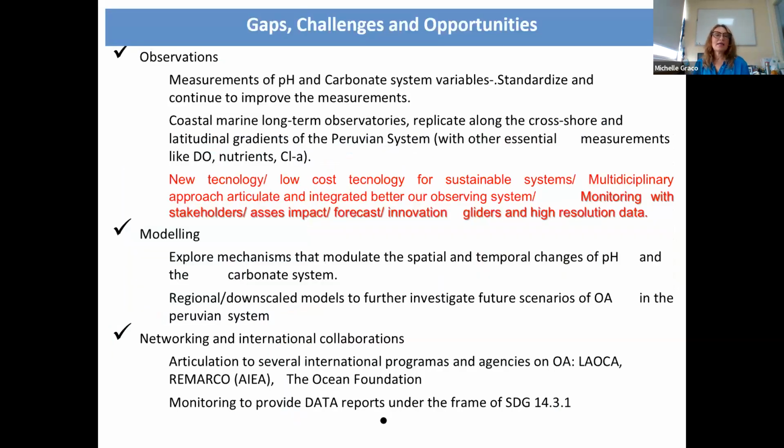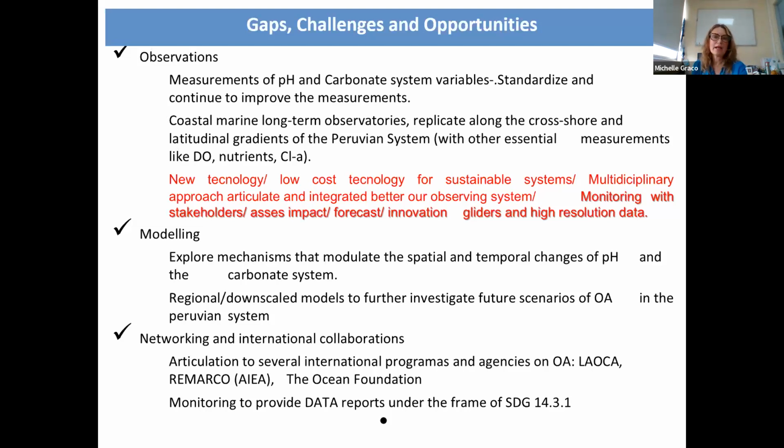And for that, I put some ideas related to gaps, challenges, and opportunities. One is related to the observations. We need to continue and increase the observations in our countries, and these observations are very important from the experimental point of view, to experiment with organisms in real conditions. And this is very important to know the tendency and finally what the conditions could be in future scenarios related to pH,